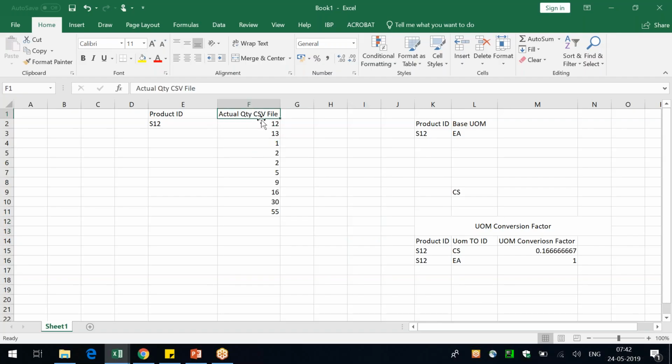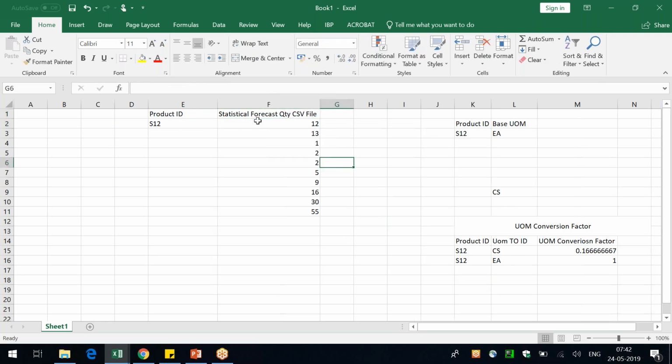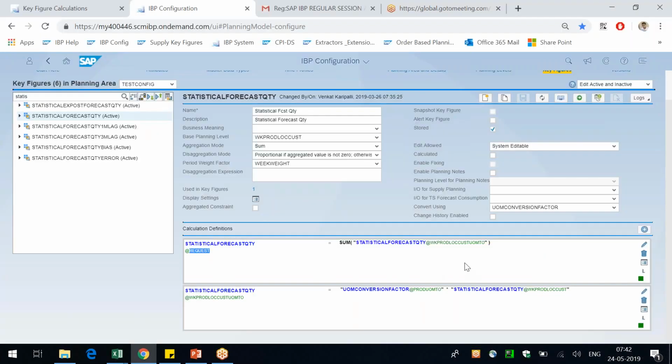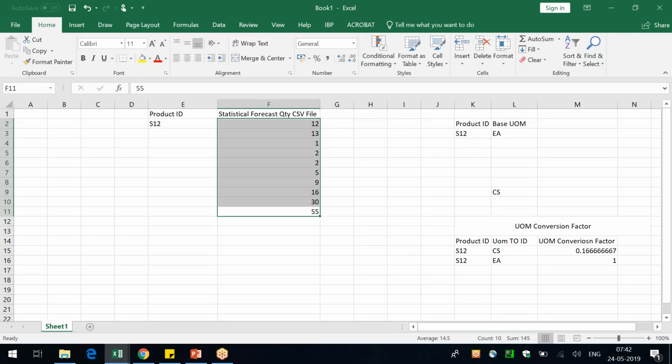That means when you load this, let's say this is statistical forecast quantity, you have to get product, location, customer. All these will be taken. But at the request level, it always does this UOM2. And what is this UOM2? It is simple multiplication between the UOM conversion factor and the key figure. So as it is enabled using the conversion factor, the system will always multiply its base planning values